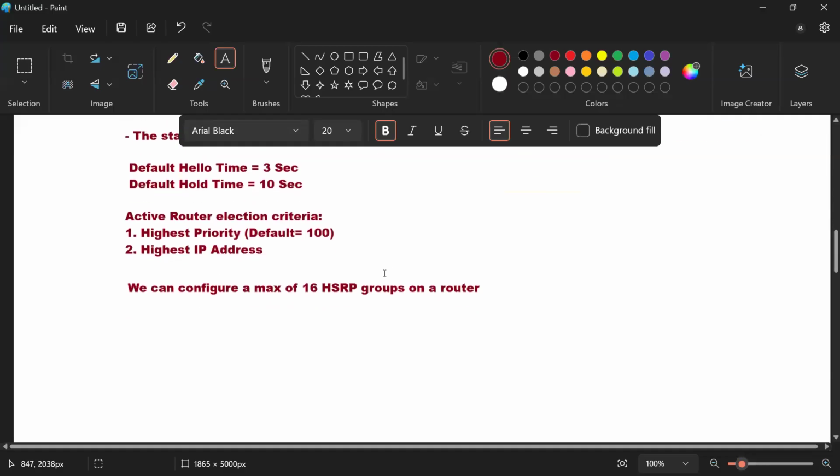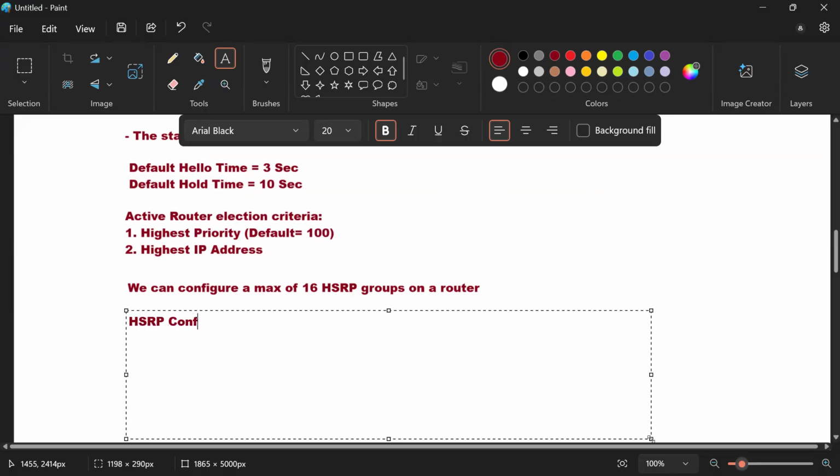When it comes to HSRP configuration, the configuration is also simple. Whatever the client side interface is there, you say interface name,